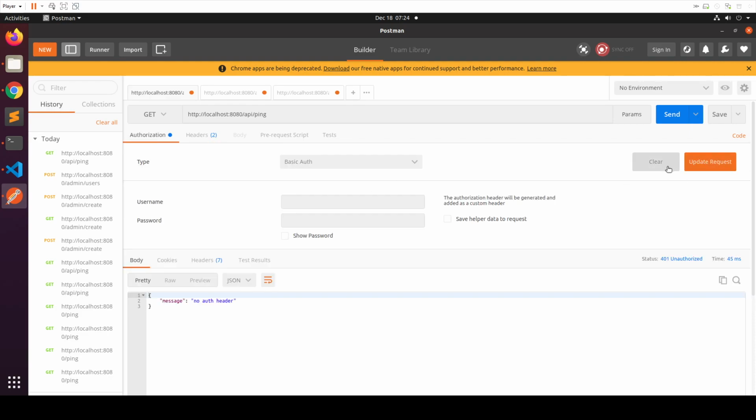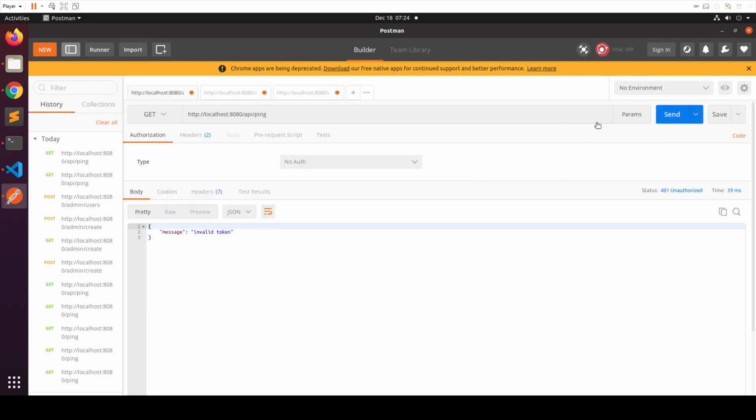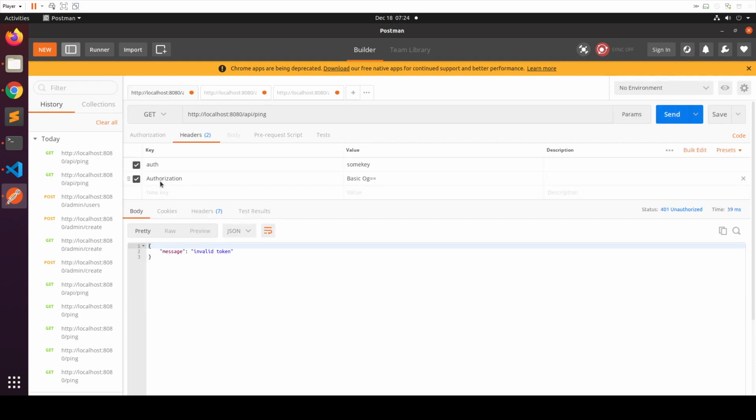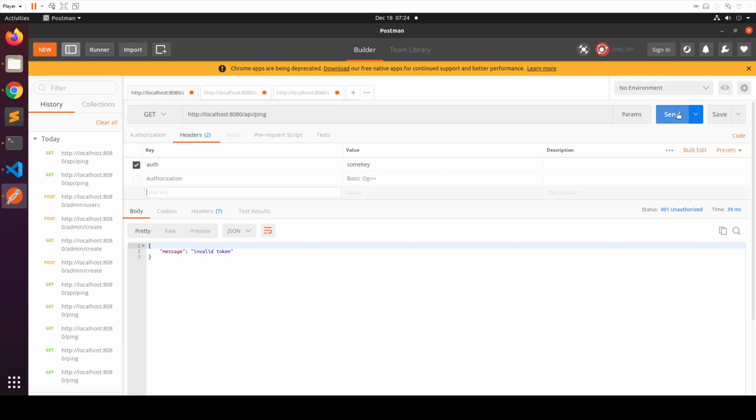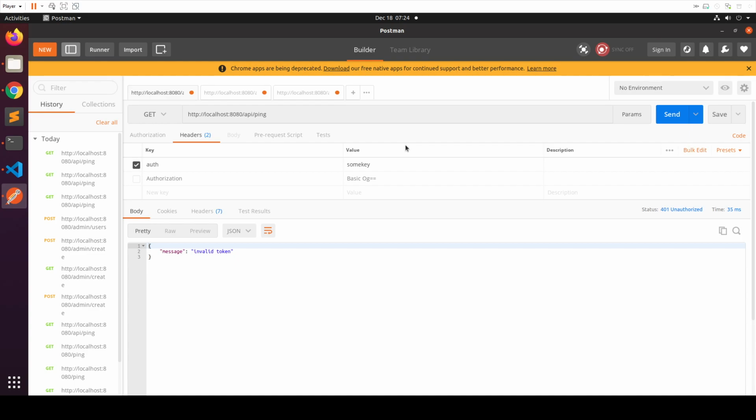Let's just clear this. Sorry, so no auth, just so we have a better view. I don't know why it still keeps it there. Right, so invalid token. Now we don't have a token, so we're going to have to